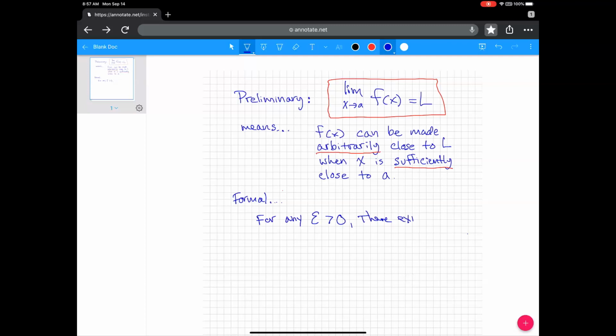There exists a delta greater than 0, and again, we expect that will be small because that's how close x needs to get to A to make f of x close to L. It's in response to the proximity that f of x needs to be within L. So you give me epsilon, then there exists a delta. There's this number small enough for delta such that